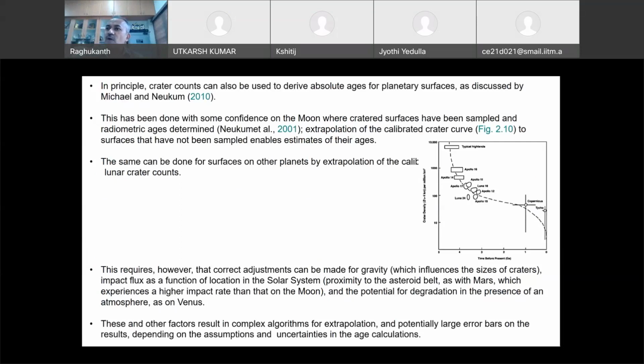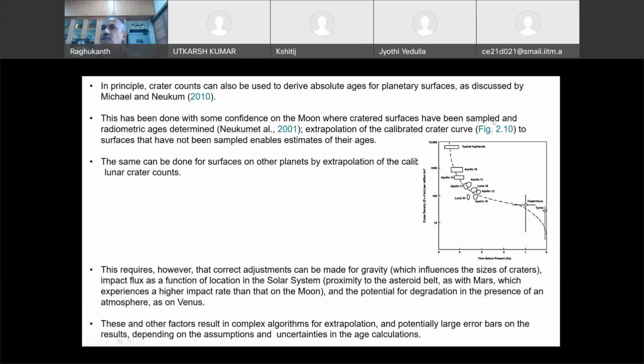So this is a graph, and we will discuss the mathematical aspects after this one. You can see here, this is the Apollo 16 landing site, Apollo 14 landing site. They have these types of graphs also. This is the Copernicus crater, Tycho crater is here. Now you can see time before present is on the x-axis. So they have done it from the crater counting process, and then they have even validated it with radiometric, radioactive dating